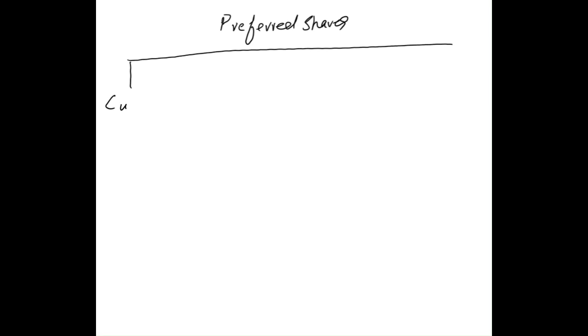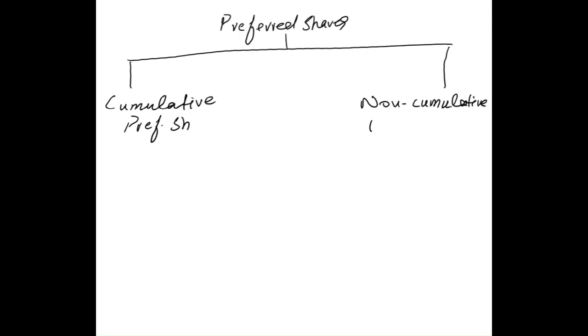One is called cumulative preferred shares, and the other one is called non-cumulative preferred shares. The difference between the two is that, so let's say a company has